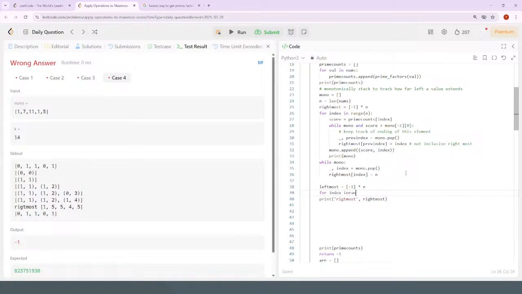For each index in the range of n, for each index in the range from n minus 1 to -1 decrementing, score is equal to the prime counts at this index. And I'll just do another mono. This one's going to be another mono stack. Okay, while mono and score is greater than, or is